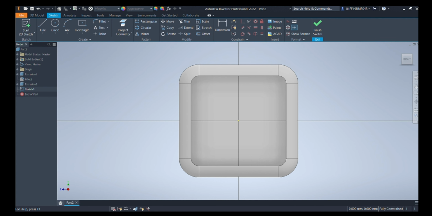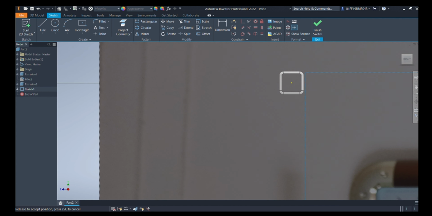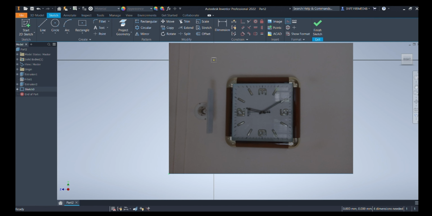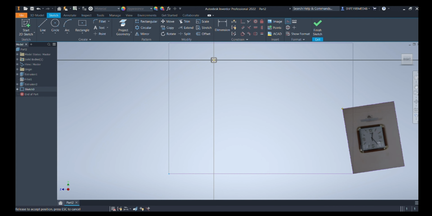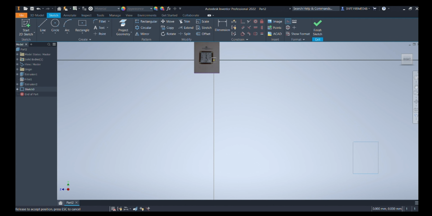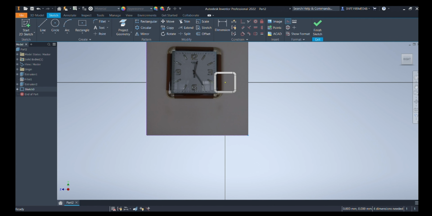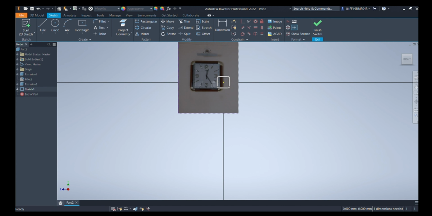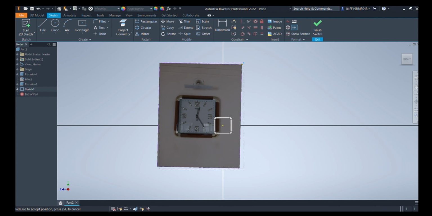Before that, we will derive our image of the main wall clock. It's quite big in size, so we will scale it down to our required size. Once we compare it with the model which is created, and once we are satisfied, we will take it to another direction.